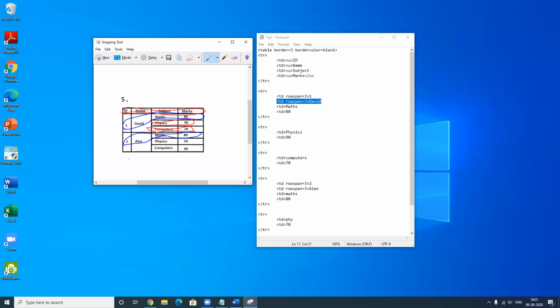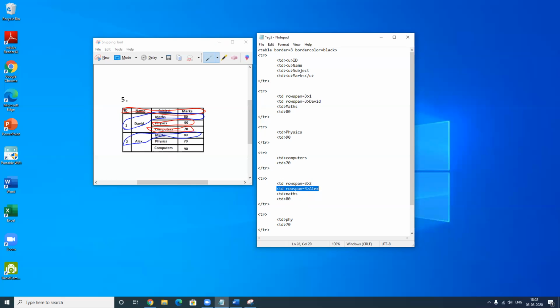Isn't it? So look here, TD row span is equal to 3 and the content is 2. Next TD row span is equal to 3, Alex, then simple maths and 80, TR close.